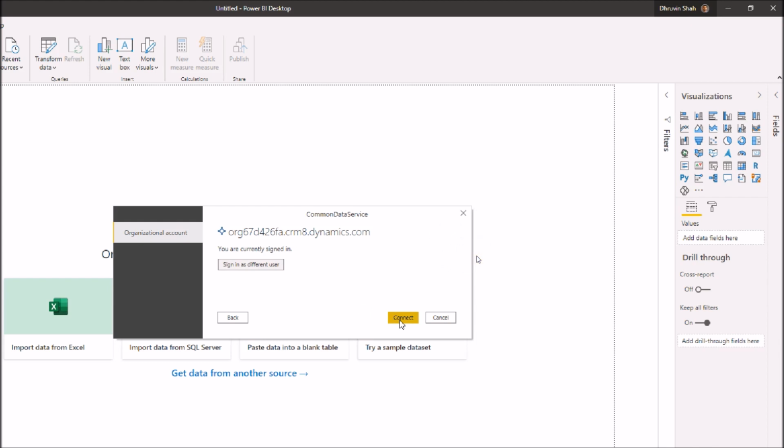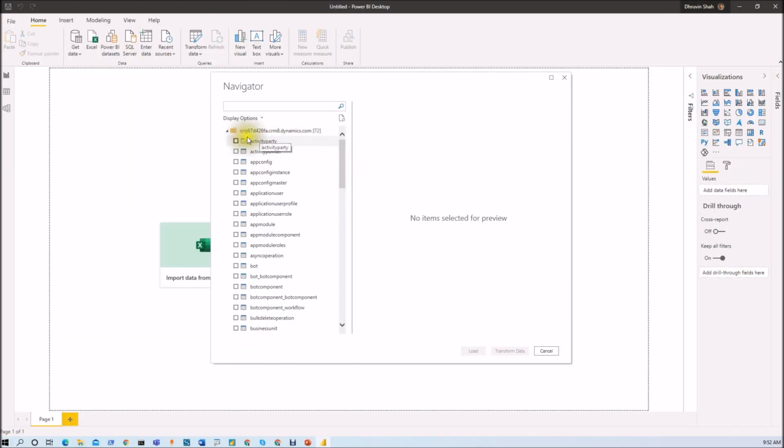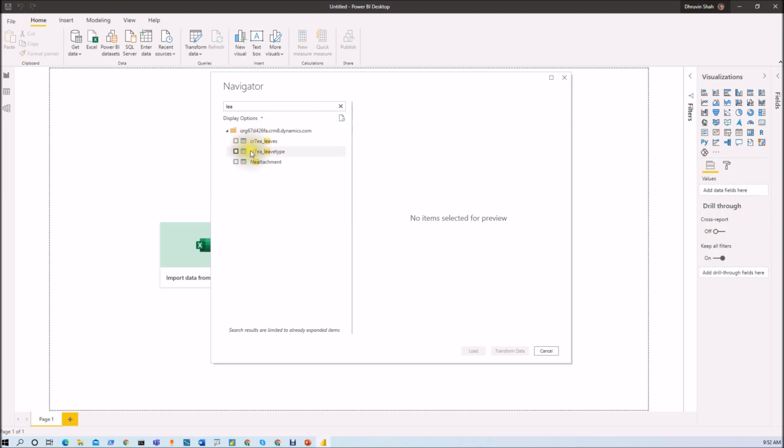Let's click on Connect. As you can see, all the tables from that particular environment are being shown to us here. Now let's say we want to load our leaves table, so let's search for leaves. Here you can see that the leaves and leave type tables are both available.